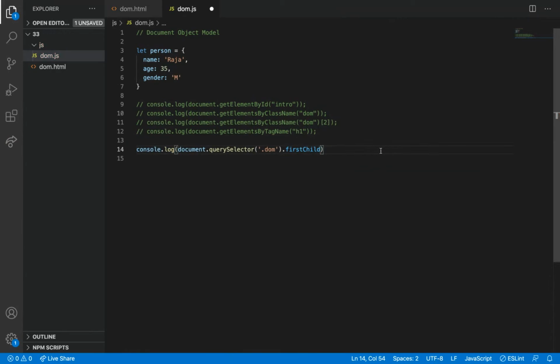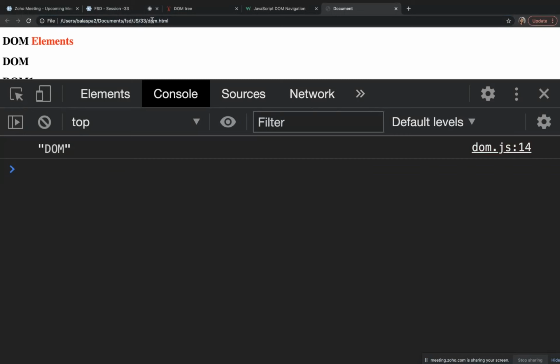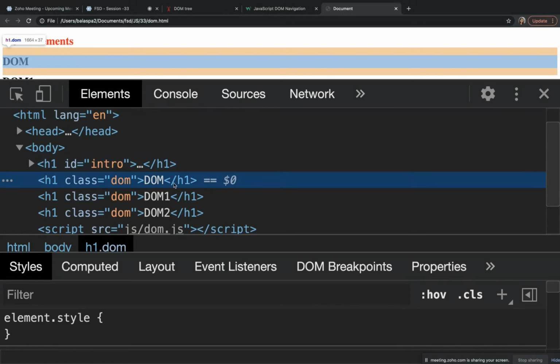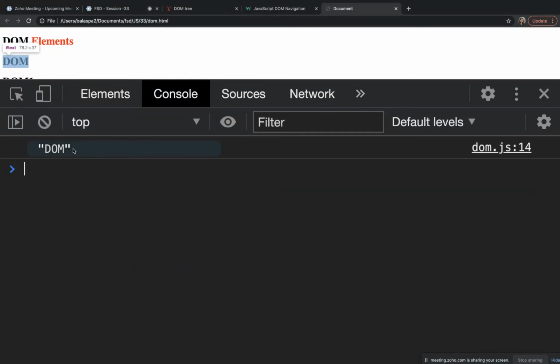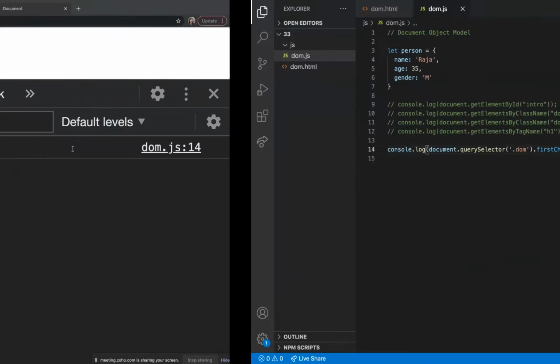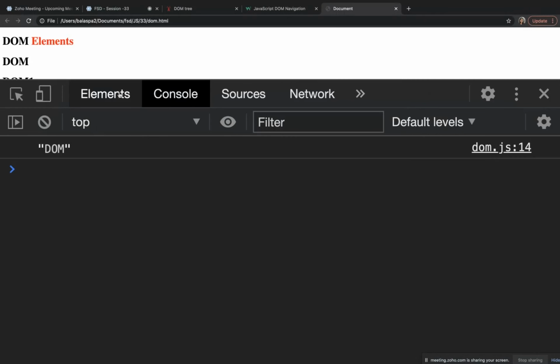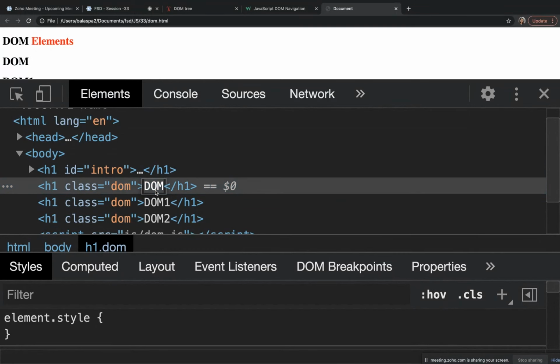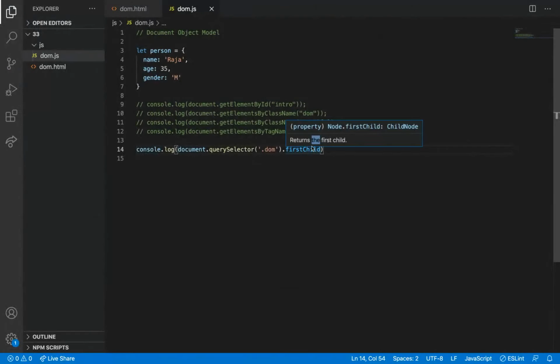Console.log first child. Let me access this. So what came? It just gave this. What it gave is DOM. I have selected the first element, so it gave the text elements inside it. So if I give last child,